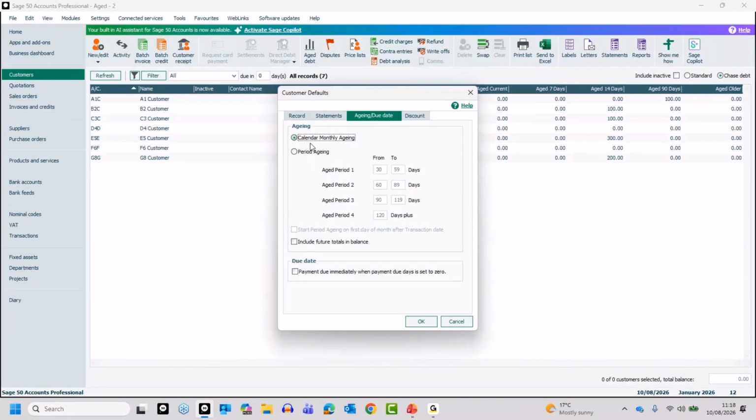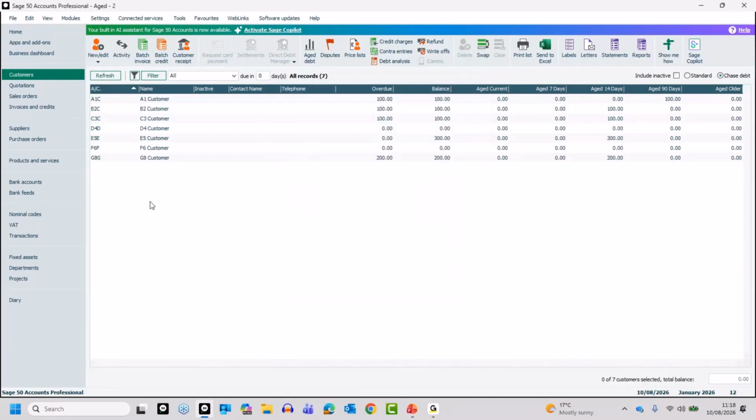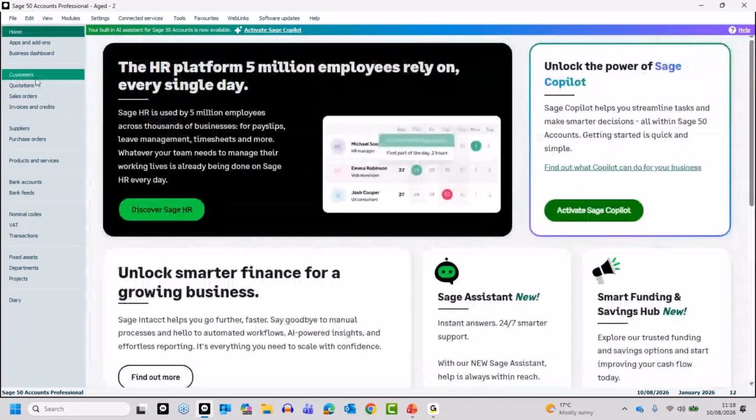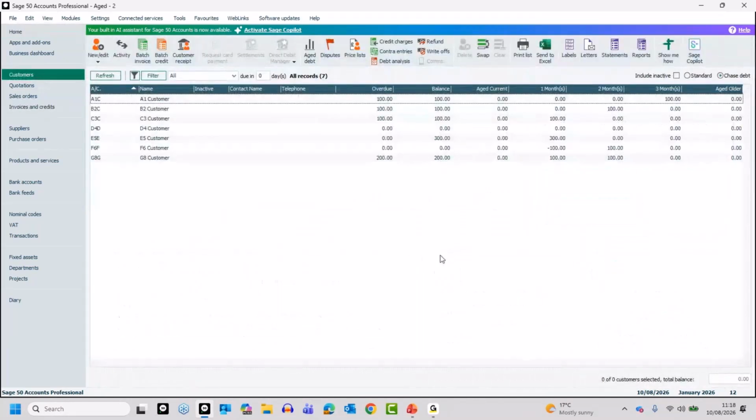So if I was to set it to that, just OK that, close out again, and come back into it, when you're looking at your aging periods, obviously the titles change again. So age current would be the current month that you're in, August in this case. 1 month would be anything that's outstanding that's dated in July. Then you've got June, then